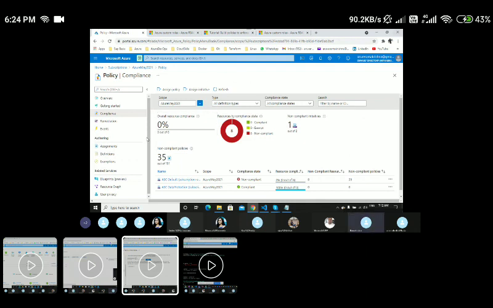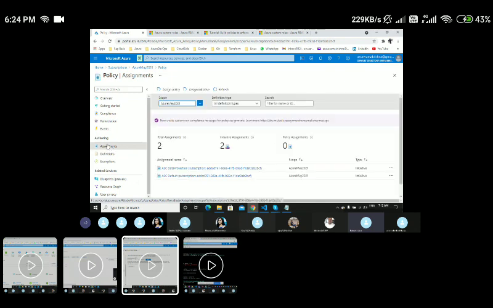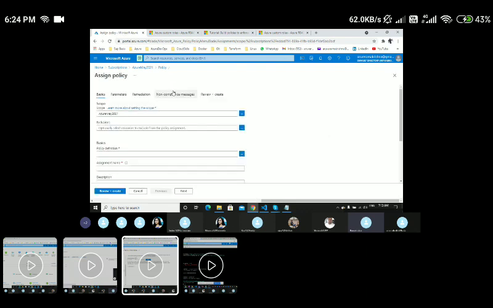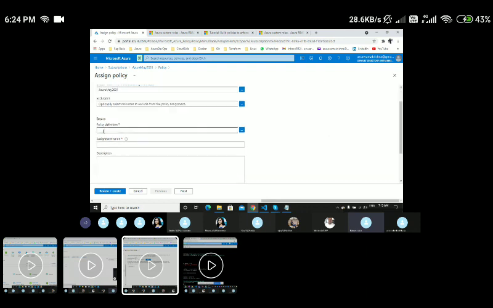So for example, if you wanted to assign certain policies, here you can go to the assignments. Under this assignment, here you could see if you wanted to assign some policy, you can just click on assign this policy. And from here, scope is always like to which subscription or to which resource group you wanted to assign this policy. Scope is always like a kind of target. And you can give the policy name.